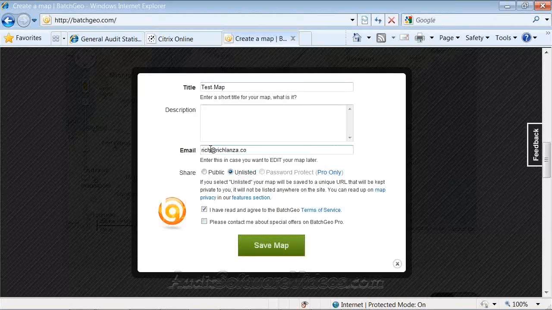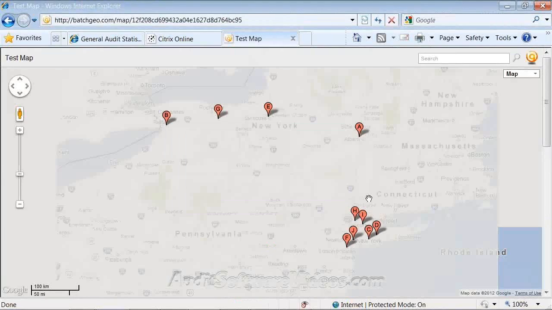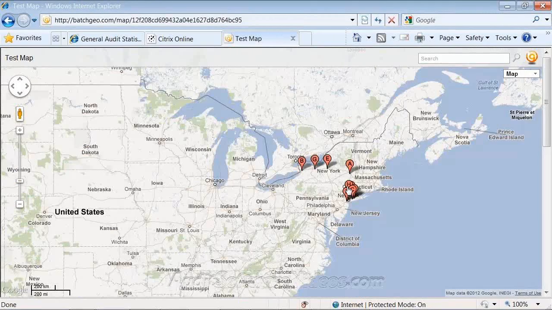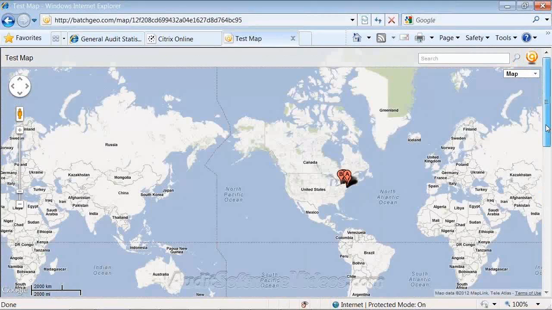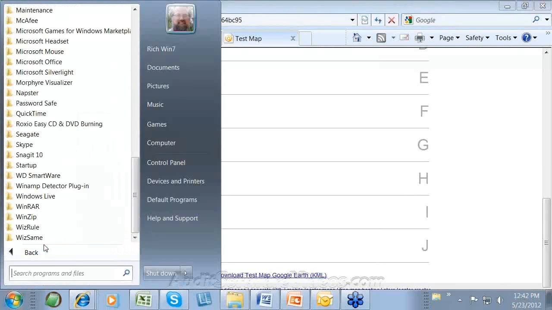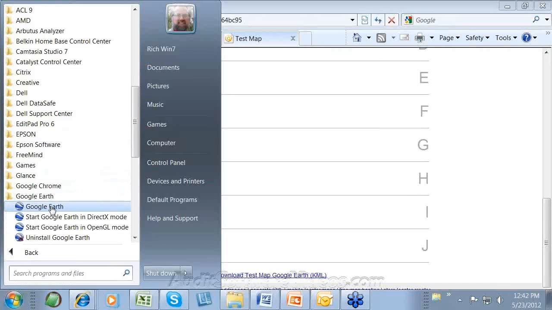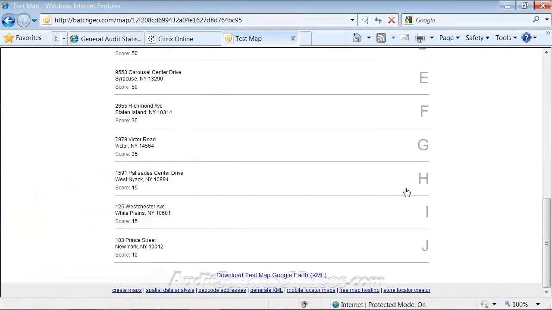I don't know if I have to do all of this, but I'll just put my email in here. I just wanted to show you the final, what it usually does, and it then sent that to me. As I scroll down, it shows not only the graphing, but what's really nice is you can download this map to a KML document. If anyone has Google Earth, I have it in here somewhere, so I won't open it because it's going to create a whole internet download that we don't want right now.